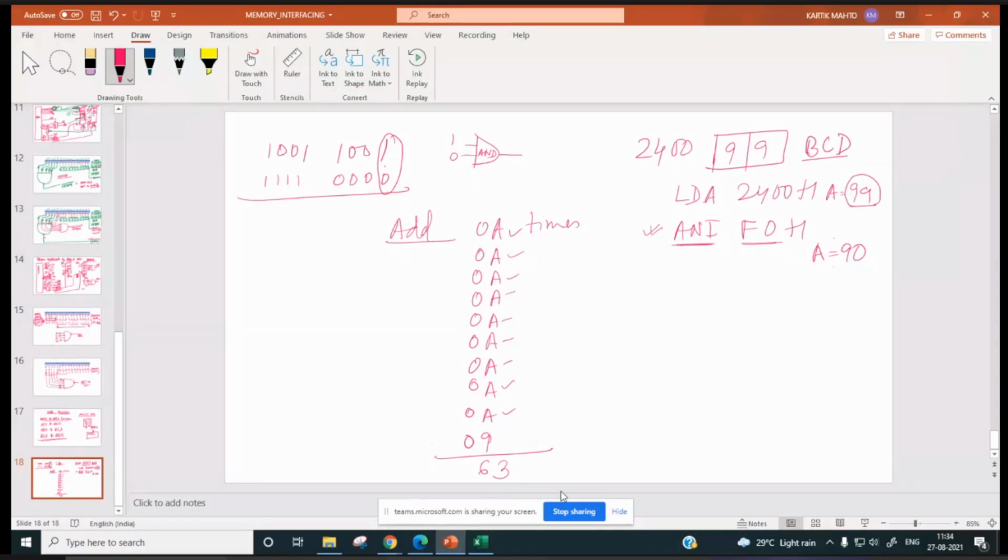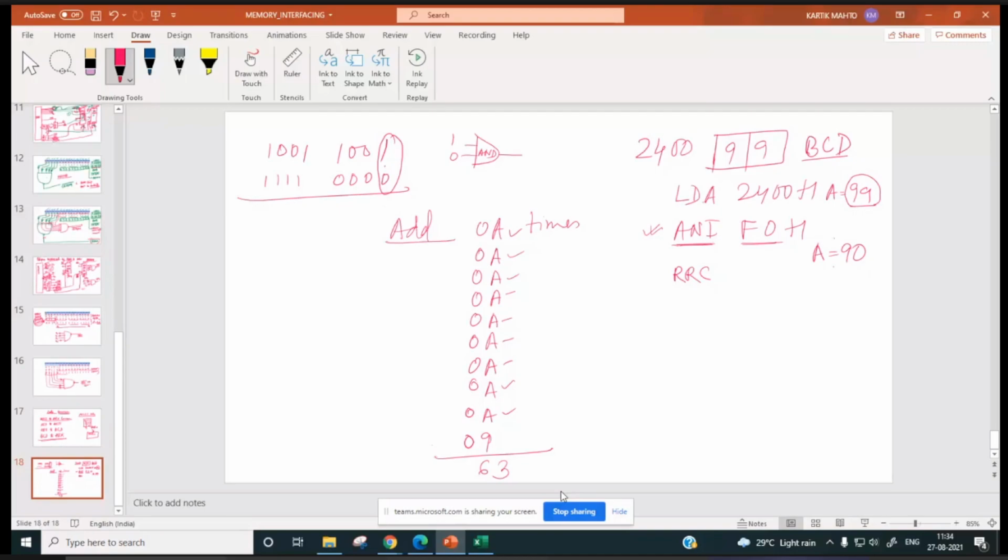Now if you rotate this right, RAR, what exactly is it going to do? In fact, this instruction is used for rotating the accumulator, RRC and RAR.